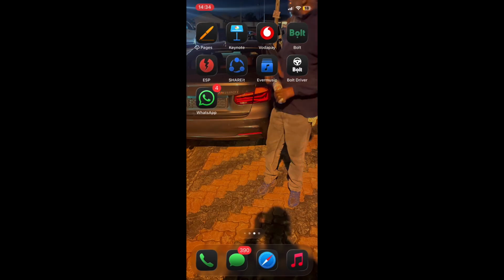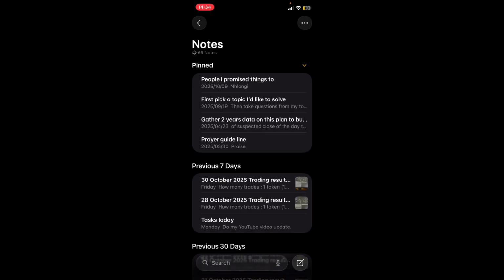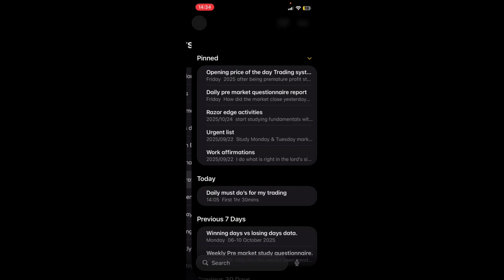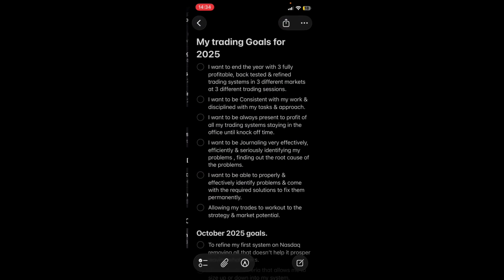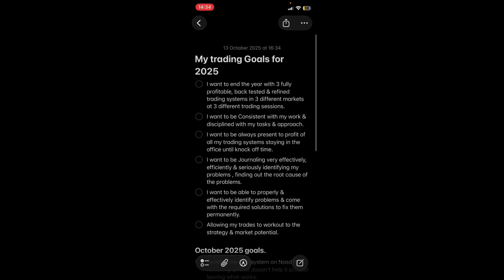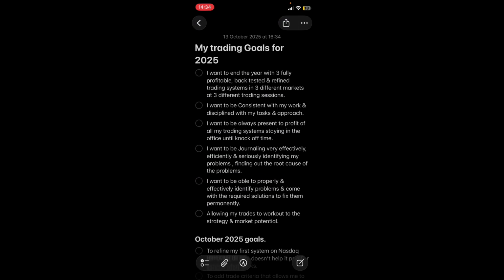I already have goals for 2025. I already did have goals if I was to go into my trading system. So these were my goals that I set around 13 October this year. I set a lot of goals. I remember at some point this year I was like, yeah, I want $2 million in funding. So those were my goals, and somehow,